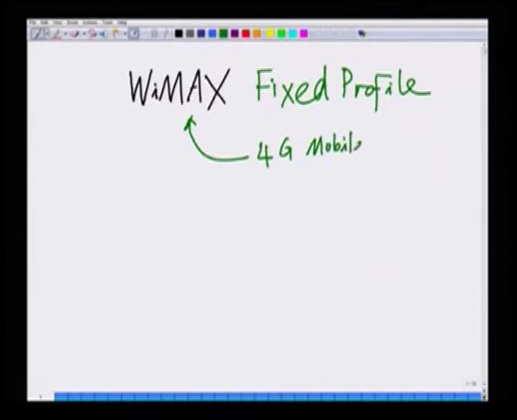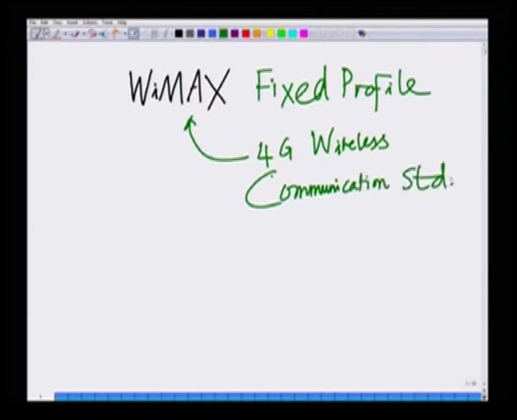WiMAX is in general a 4G wireless communication standard. And this fixed profile of WiMAX has n equals 256